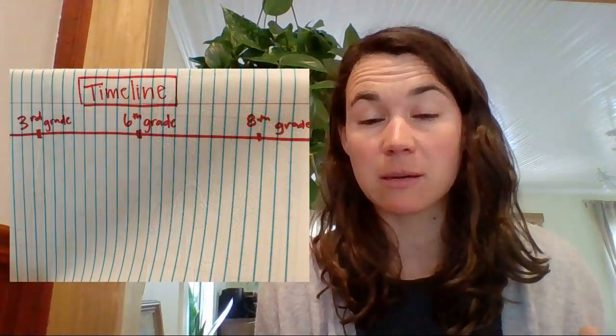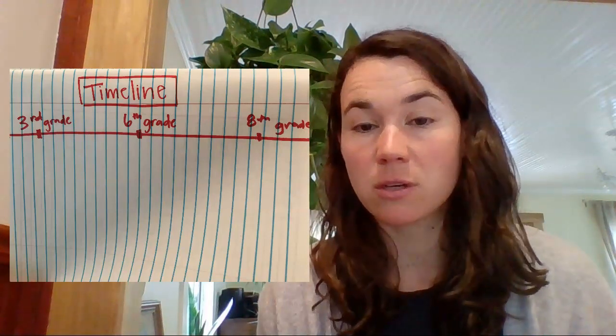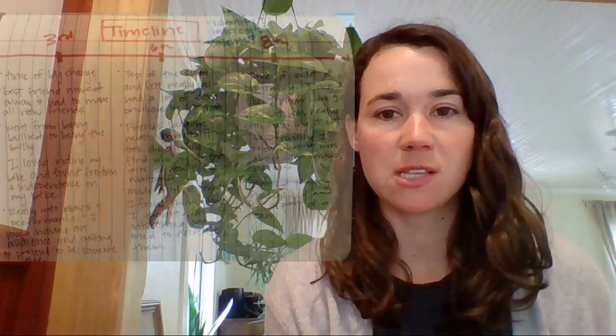I'll show you when I started thinking about these points in my childhood. And here's me, I'm probably in 3rd grade in this photo. But 3rd grade was one of those times. I chose for my timeline 3rd grade, 6th grade, and 8th grade as some of the really meaningful parts of my childhood. I was a really different person at all of those points, but there were also some things that stayed the same, some of those common threads that made me think about who I was when I was that age. So when you picture yourself at those different points in your life, I want you to think about your talents and your interests and your identity at those various stages.